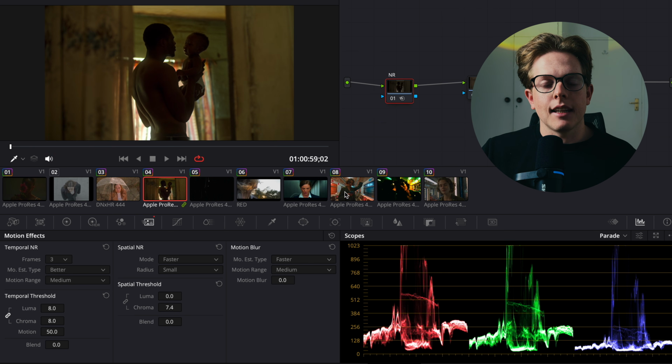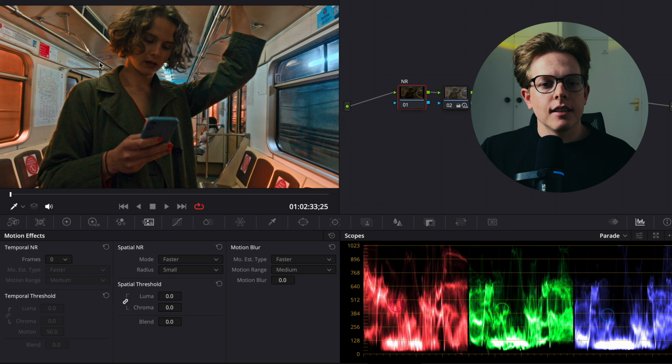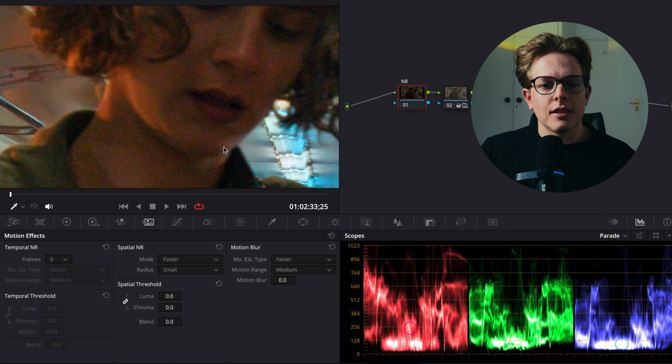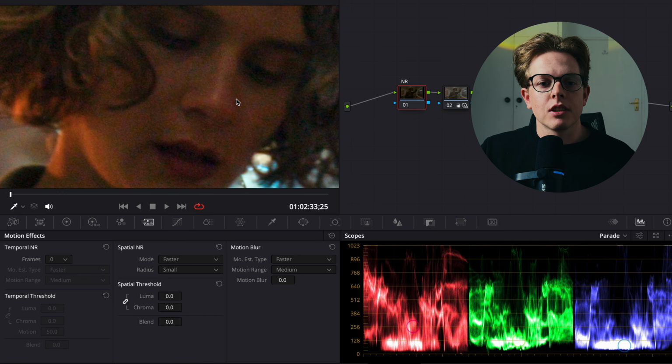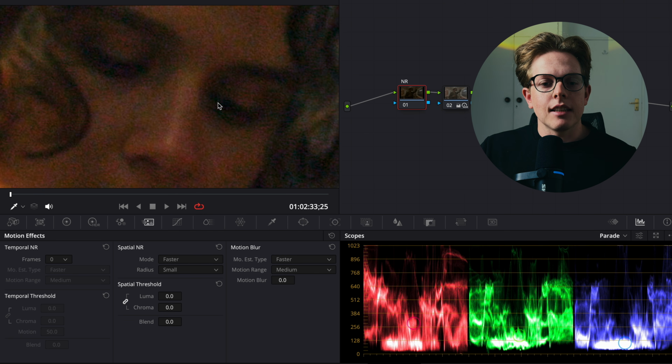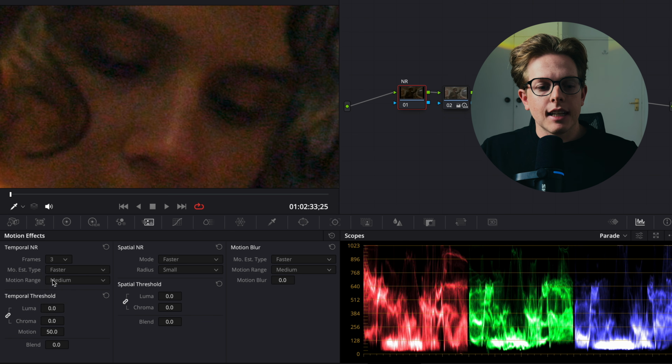But let's go to another image where we have a lot more noise to deal with. So this image is quite noisy because it was very underexposed. As you can see in her skin, there's a lot of noise. So how do we deal with this? Well, again, I want to go to my frames and temporal noise reduction and take that to 3, change motion estimate type to better, luma, chroma, I'm going to take up to around 12, and let's go before and after,